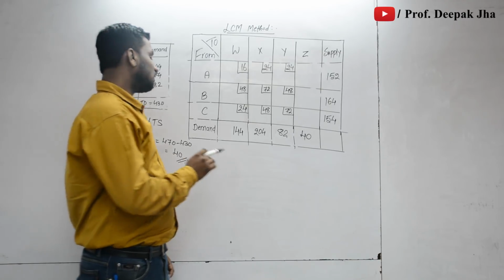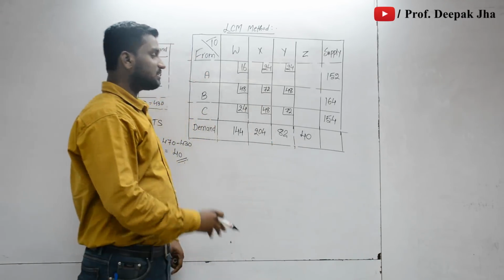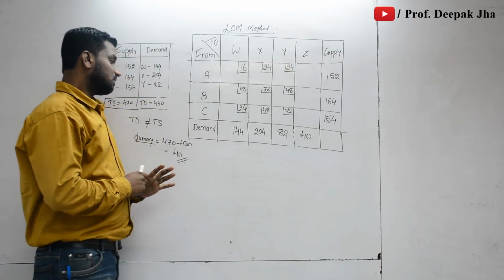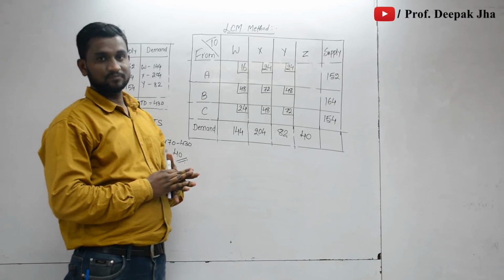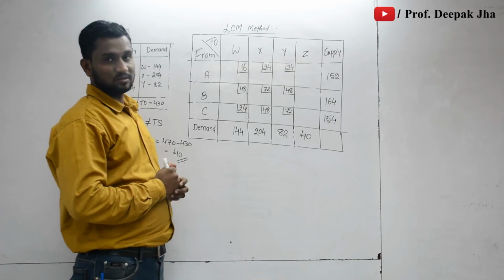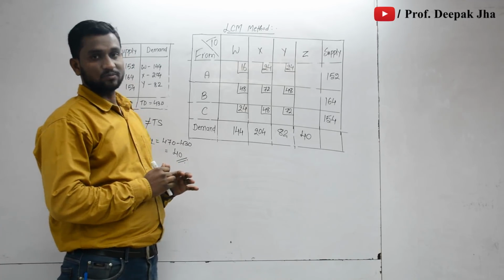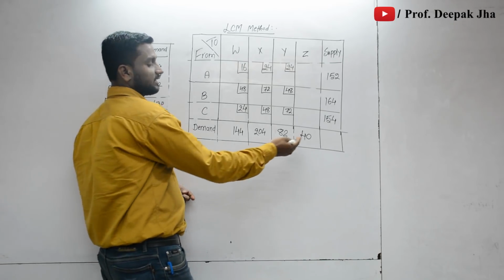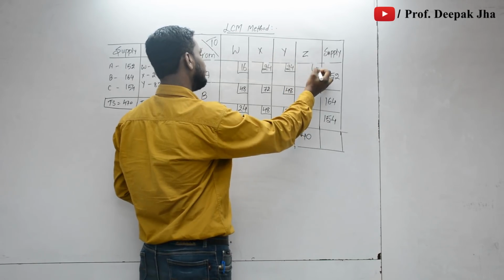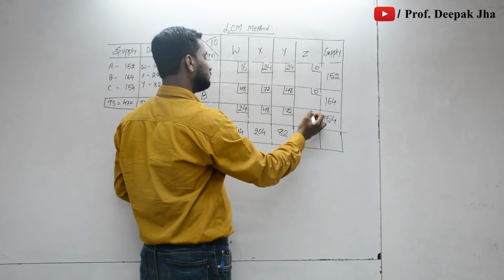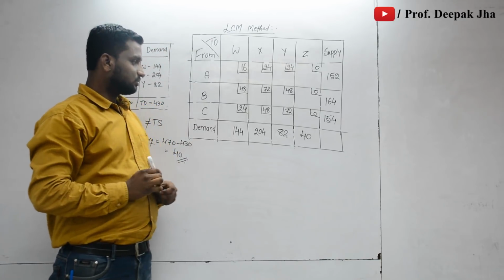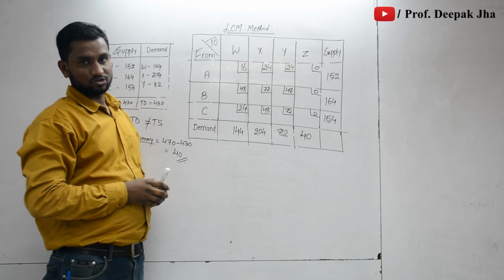What will be the cost of the dummy column? Since it is a dummy row or column that we have introduced in our sum, the basic purpose is to solve the sum, because unless the problem is balanced, you cannot solve it, correct? So what will the cost be? The cost will be 0, because there is no real cost attached to this. So the costs for the dummy column will be 0, 0, 0. Now the problem is balanced and we have also entered the costs.